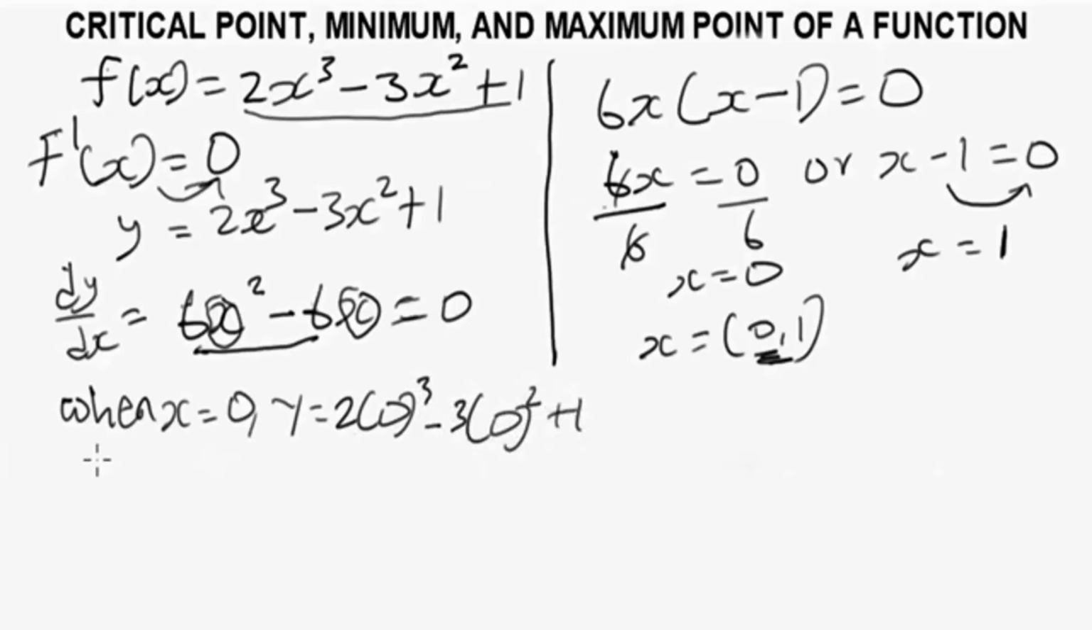So when you simplify it, you're going to have y equals 0 minus 0 plus 1. So everything else, the answer will give you 1. So 1 is the value of y when x is 0. So what of when x